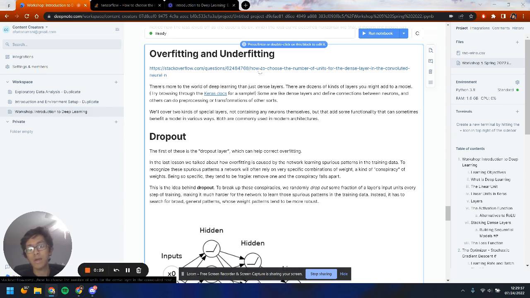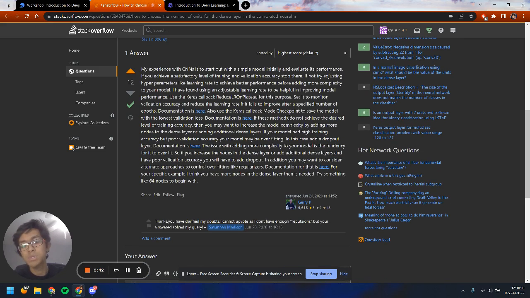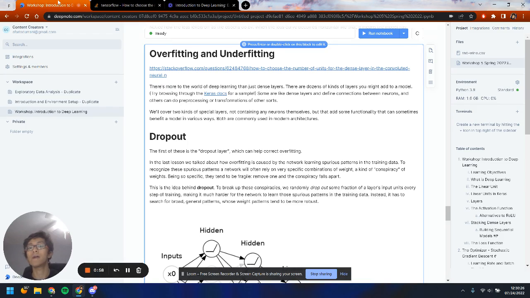And there is this good Stack Overflow question, which I will recommend you to look at. It poses why we are using numbers such as 512 as the typical number of neurons per layer. And the best answer is, well, it really comes down to you making a simple model and just evaluating its performance, and just adding more and more complexity to the model as you go on to get to a more accurate model. And oftentimes you are pushed to create more and more complex models that will produce a